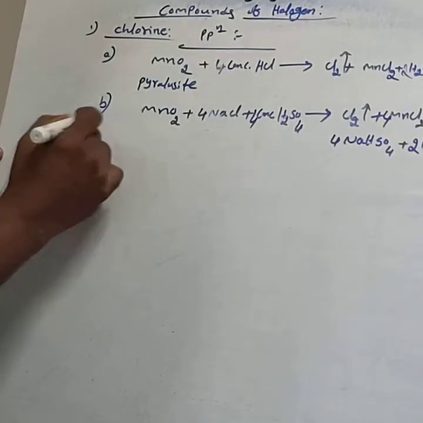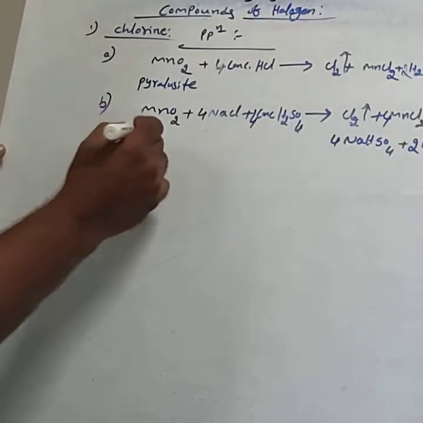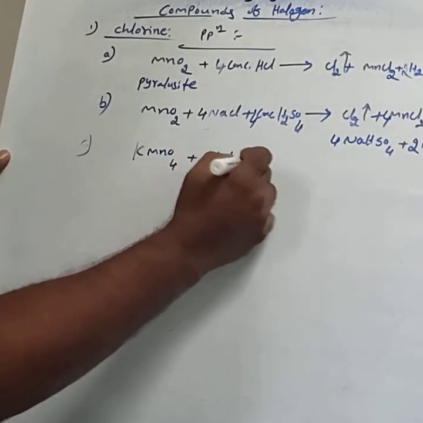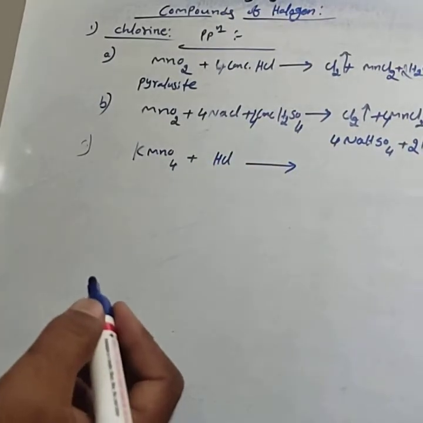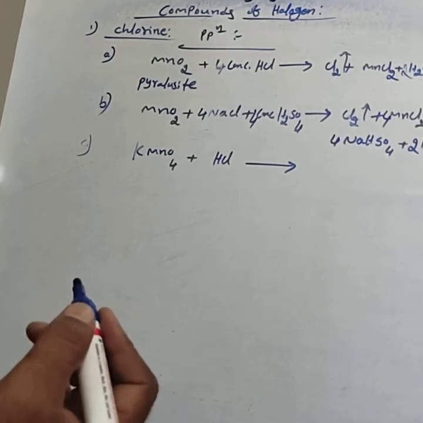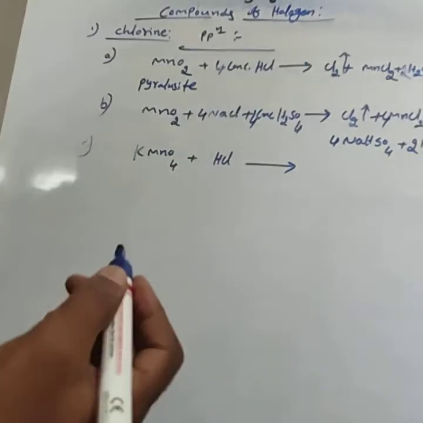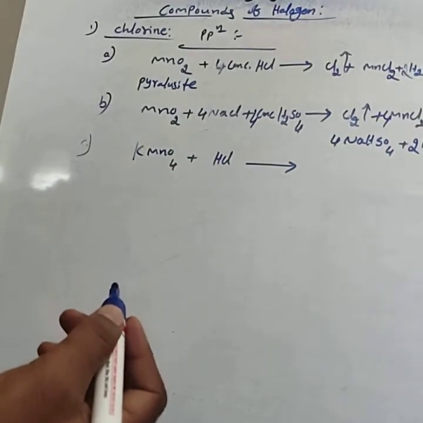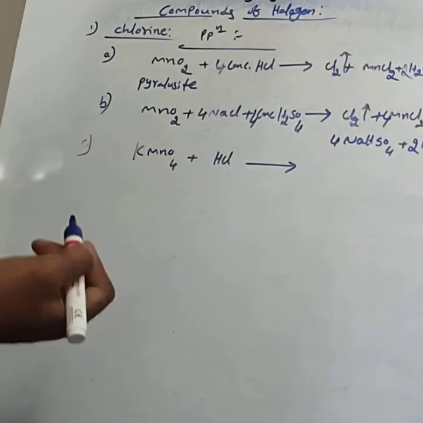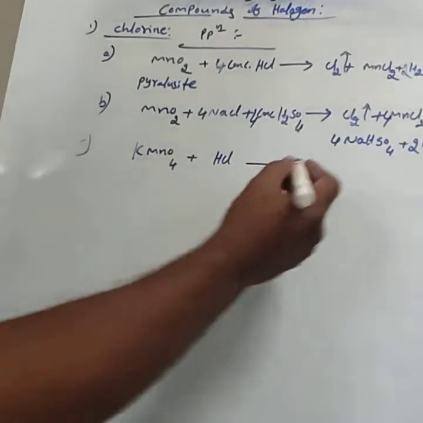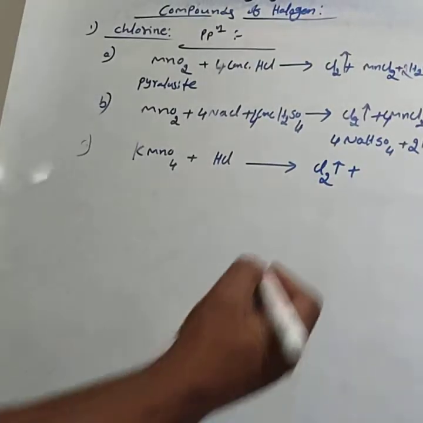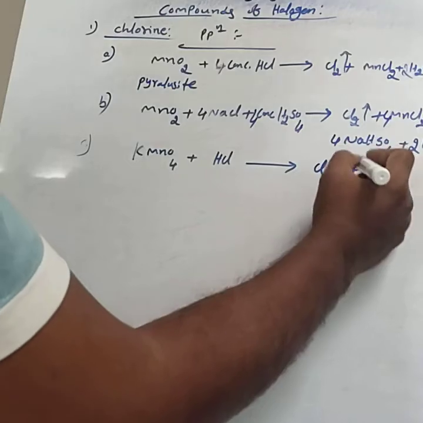The third method is the action of potassium permanganate with HCl, either dilute or concentrated. KMnO4 is treated with HCl. In the laboratory, we use chlorine water, and to prepare that chlorine water we generally use this method only. We add HCl to potassium permanganate crystals and collect the chlorine gas in water. In addition, we get MnCl2,